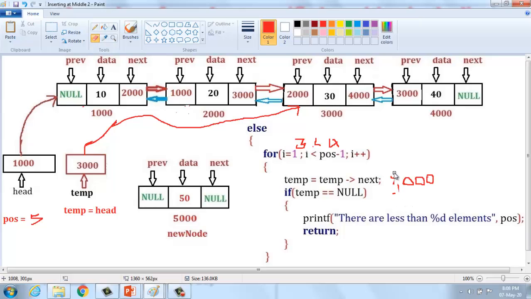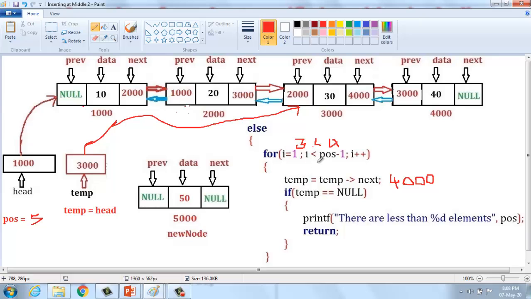Automatically temp should be changed into 4000. Then if temp equal to null, condition fails, and i should be incremented.